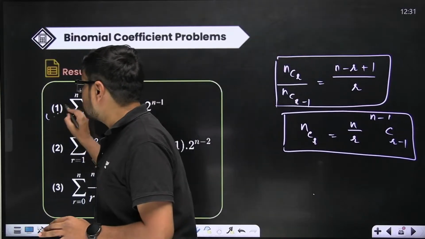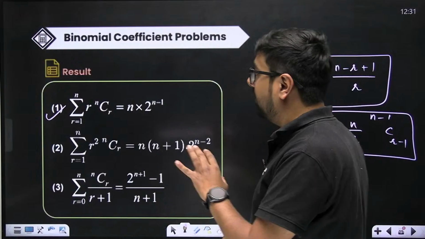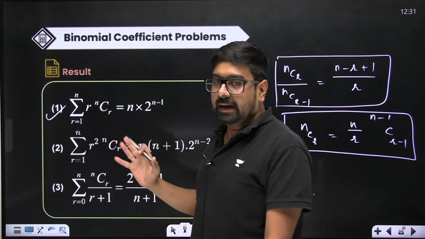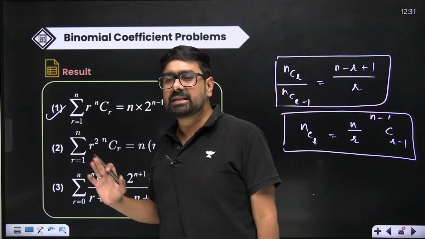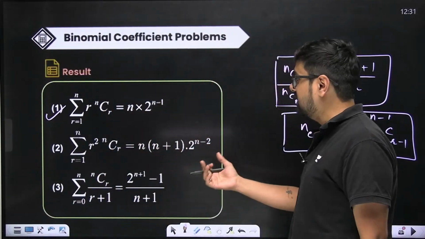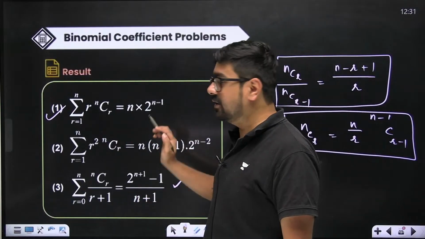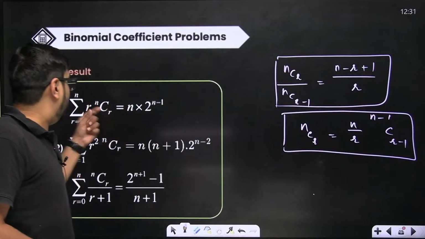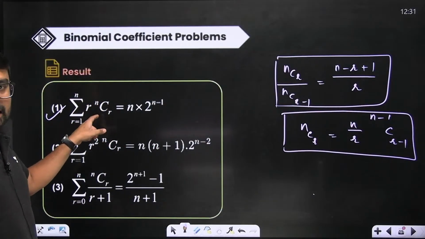Apart from that, some summation formulas. Many summation questions come in your binomial theorem questions, right? So summation I would say at this point of time directly remember, although these can be derived very easily with the help of differentiation, sometimes with the expansion series, sometimes with integration. For example, this formula generally we derive with integration, these two by differentiating (1 plus x) to the power n only, right? So summation of different forms of coefficients, for example summation of r nCr